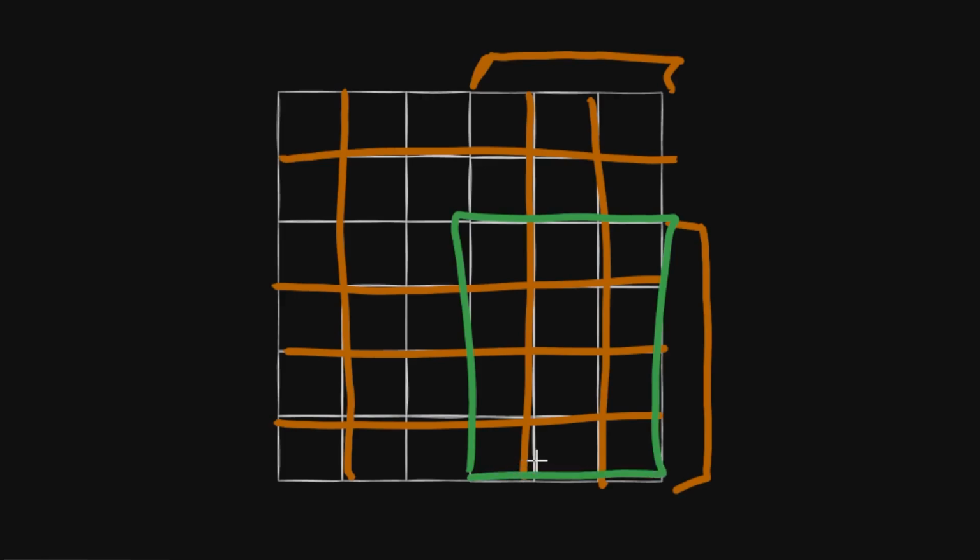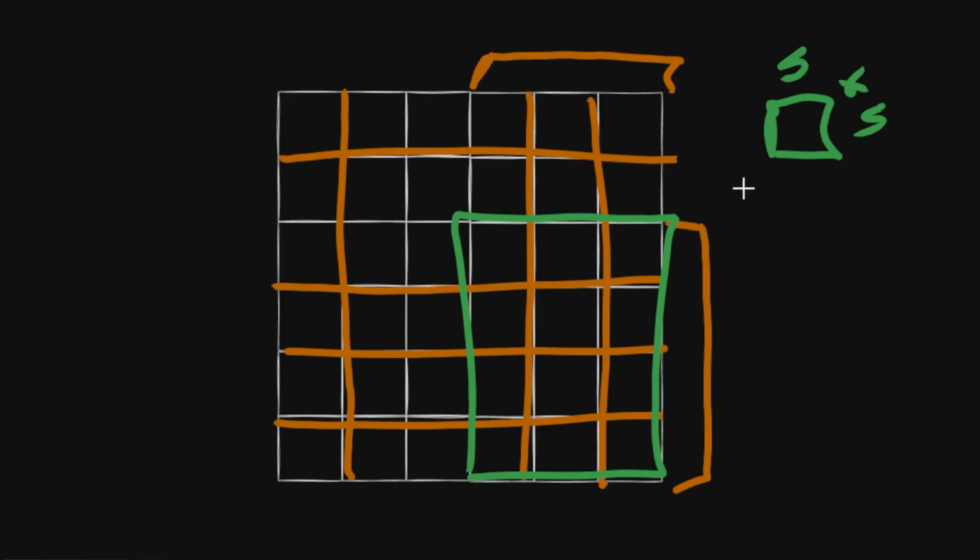But we are looking for squares. So how can we get the largest square within this rectangle? Remember how we get the area of a square? We do side times side. So we can look for the minimum side among